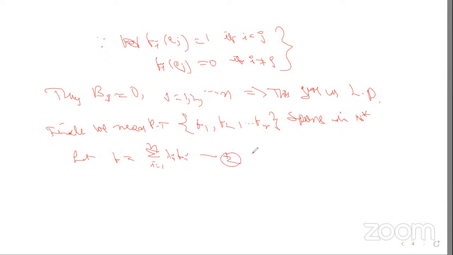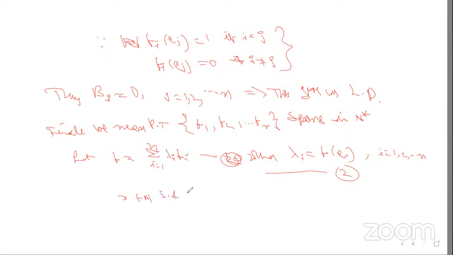Number 2, where lambda i equal to f of ei, where i equal to 1 to n. Equation number 2. Consider this total equation. So now x belongs to capital N,